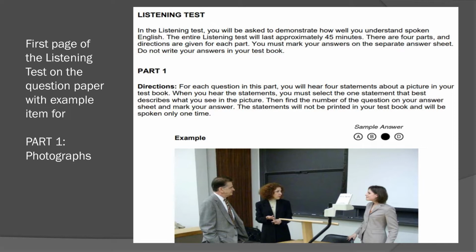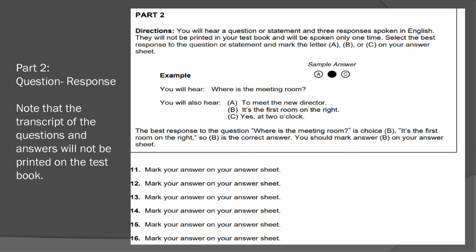Of these 4 statements, the examinee has to select the one that best describes the photograph and mark the letter answer using a pencil on the answer sheet. Part 2 is question-response section. After hearing a question or statement, 3 responses will be spoken only one time. These statements or responses will not be printed on the test booklet. The examinee has to select the best response for the question and mark the letter answer on the answer sheet